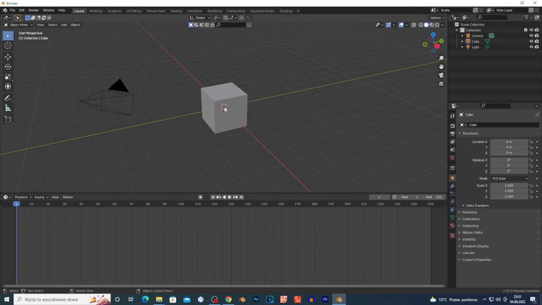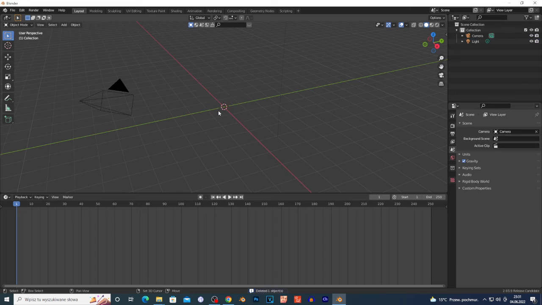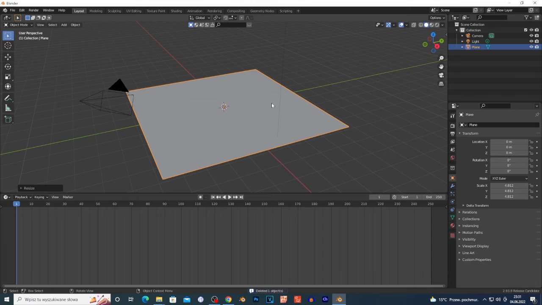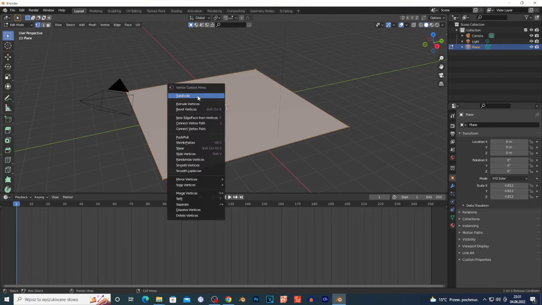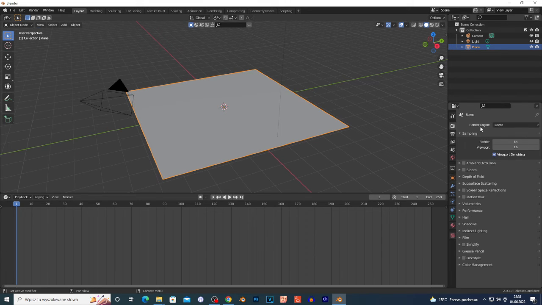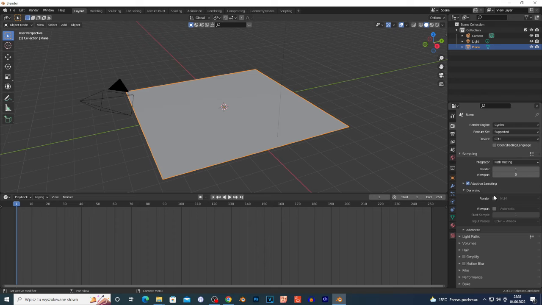So let's start. Select this cube by left click, X delete, Shift A, mesh, just plane, S and scale, and go to edit mode, click Tab, right click, subdivide, open subdivision, subdivide 100 times, Tab to go to object mode, change the engine to Cycles and add the denoiser right here,